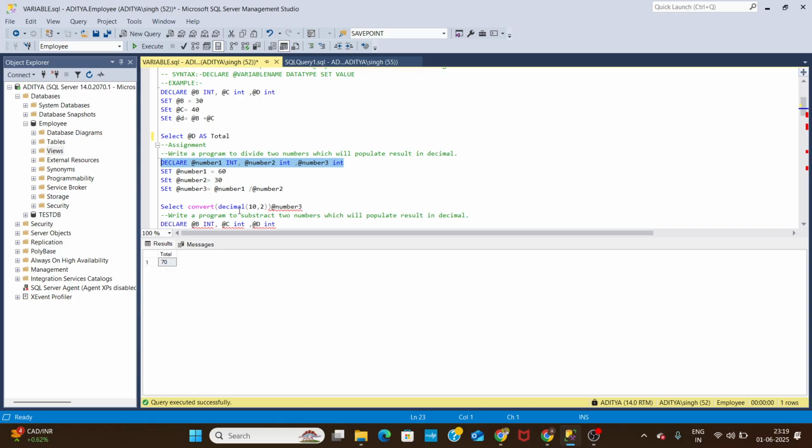Here we have to change the data type. An integer won't return your data in the form of a decimal. Hence you have to utilize data type conversion. So here you have to give the comma, and here you have to close the bracket. Now if you run this, you can see your output as the decimal 2.00.